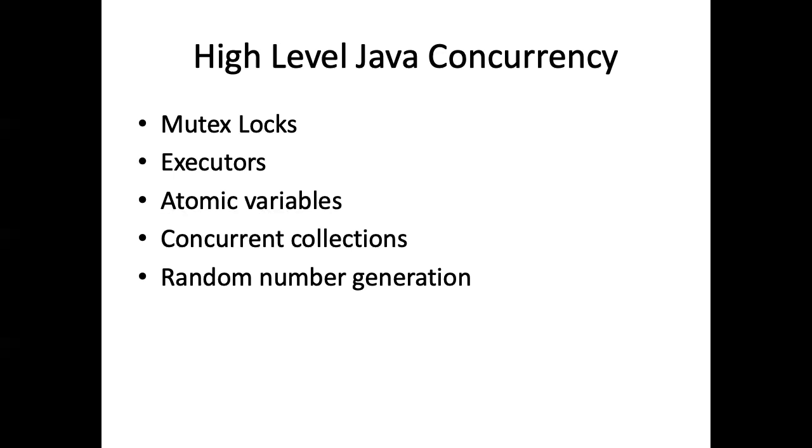So Java introduced the notion of thread pools, where basically you said, I have a thread, I'm forking it, I'm putting it in this pool, you figure out which core to schedule it on, doing it in the most efficient way possible. So we're going to put off a discussion of executors and thread pools until Tuesday, because that really is a big topic. Then they introduced the idea of atomic variables like counters